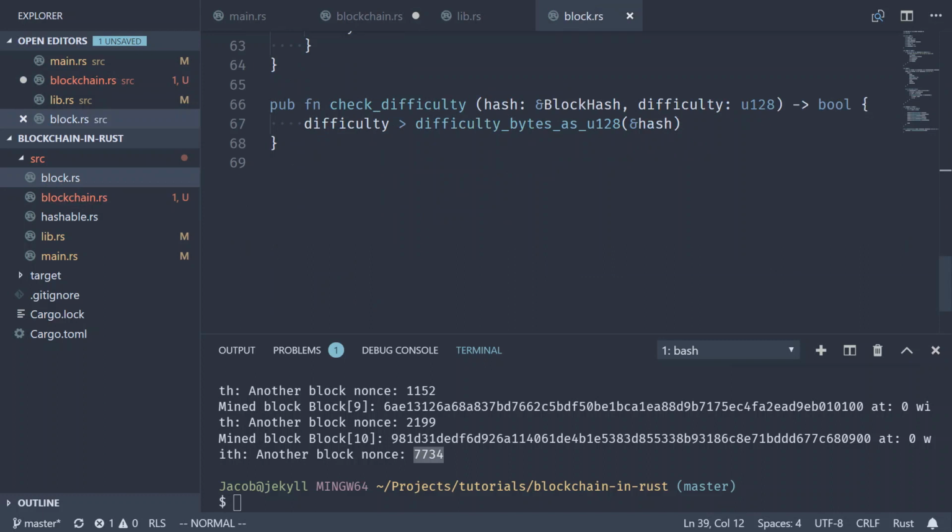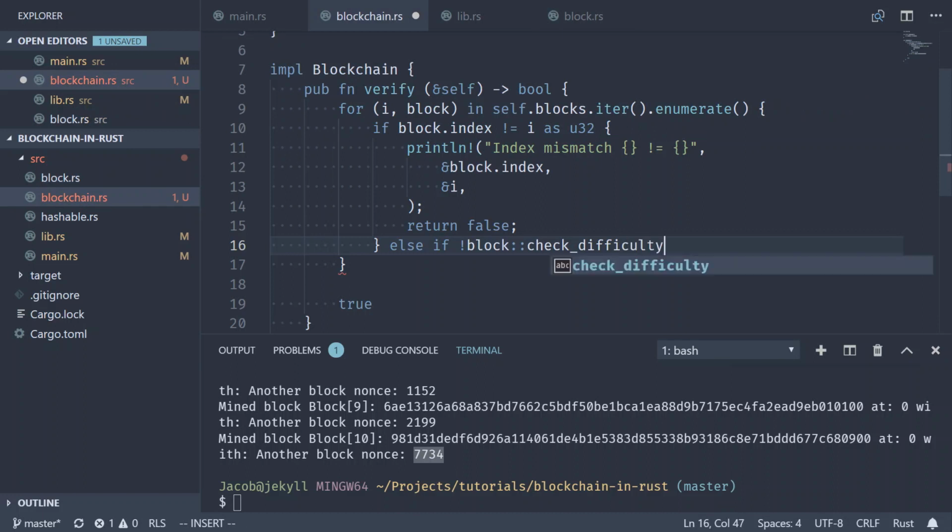Difficulty, right? We're looking at this function right here, check difficulty. It takes a hash and difficulty. Check difficulty takes a hash, so that would be block.hash. It's not block.hash without parentheses because we actually want to calculate the hash of all the bytes. For the purposes of the verify function, we're just going to be completely ignoring whatever is attached to the hash field, because we don't need to verify that. We can just check this guy against the difficulty. That's all that really matters. So check difficulty against